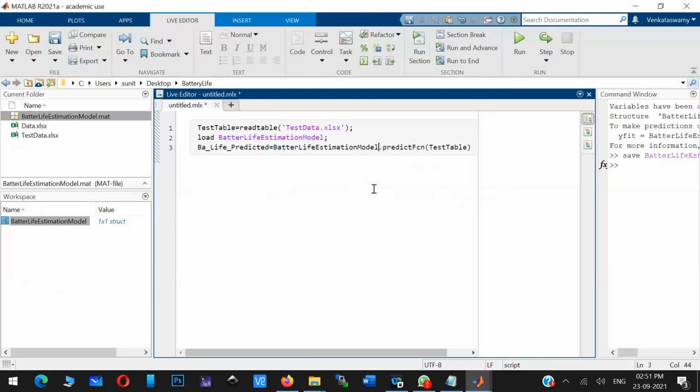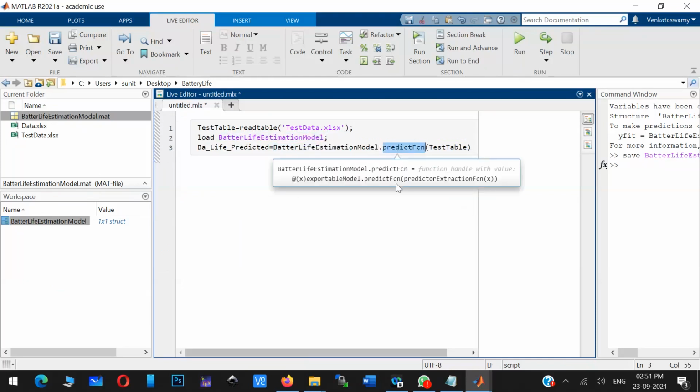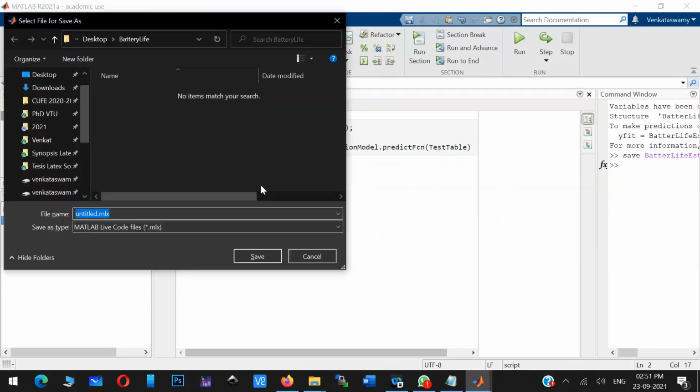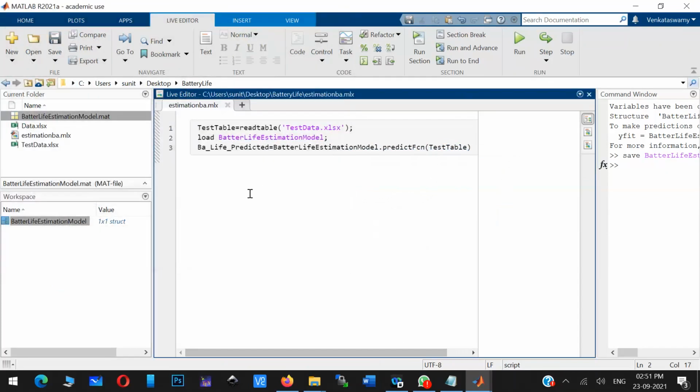Then after that, the same model you have to use. In that model there is one inbuilt function, the predict function. For that predict function you have to pass your test table as a parameter. Then it will return the predicted values. You just have to save this script with some name, maybe estimation battery, something like that, and run this program.